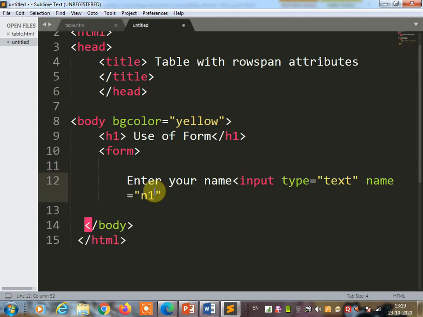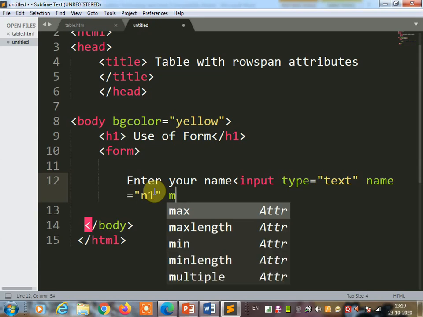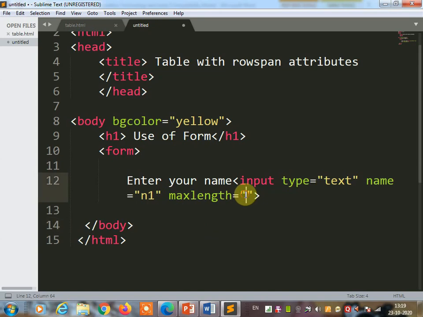And then here, how many characters you want in the name box, you can set using the maxlength attribute, and here you give the number of characters accepted in this text box. I want 20 characters. With more than 20 characters, the text will not be entered inside.